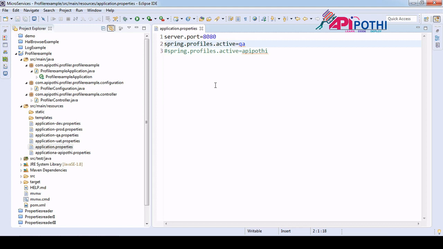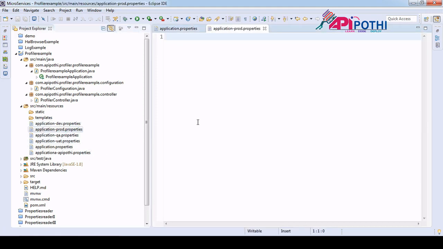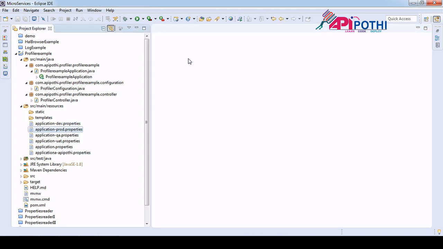Suppose that QA got tested, from QA I need to promote my environment to production, so I need to write prod. So this is the central place. From here if I change one thing, automatically my production related configuration gets loaded and it is handled by my Java code. Fine.